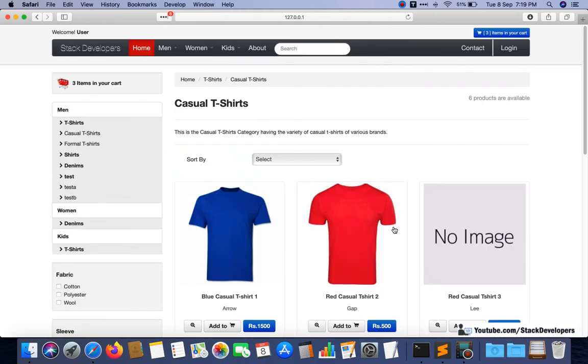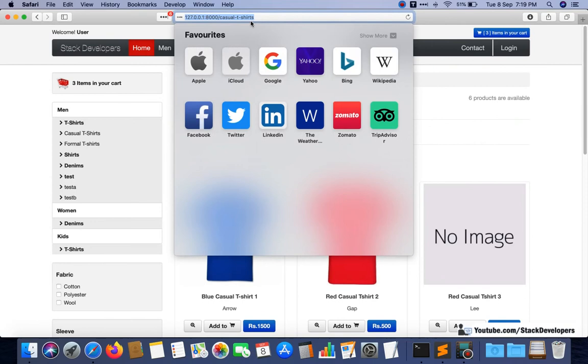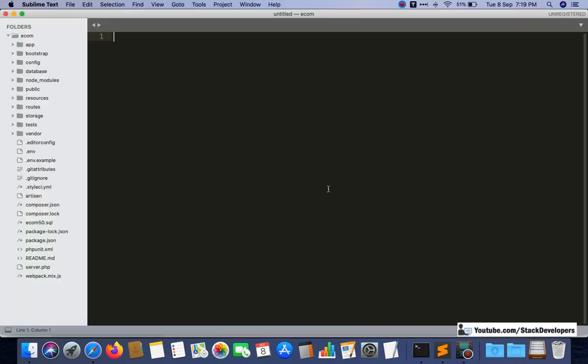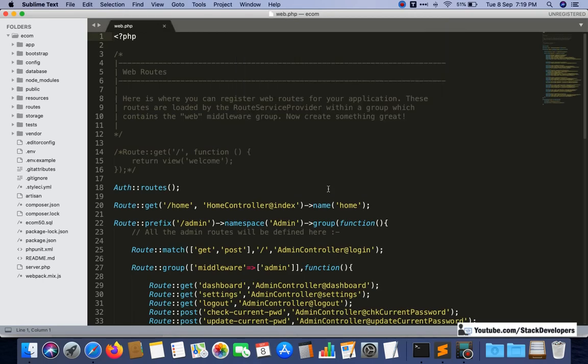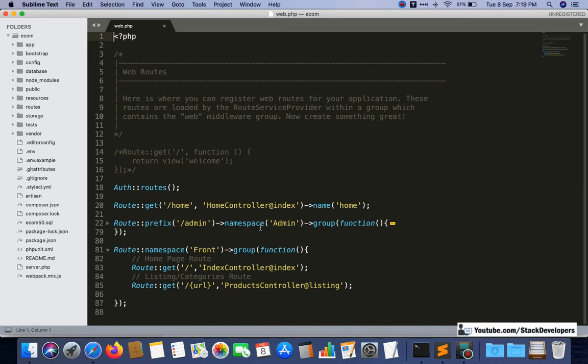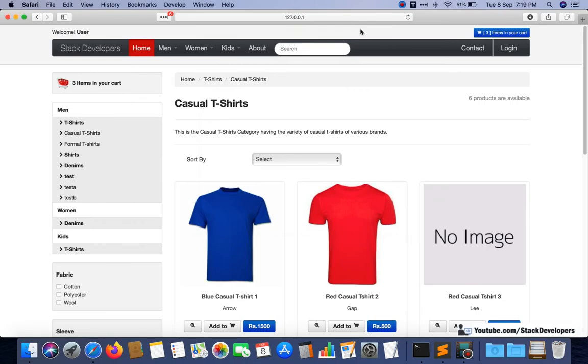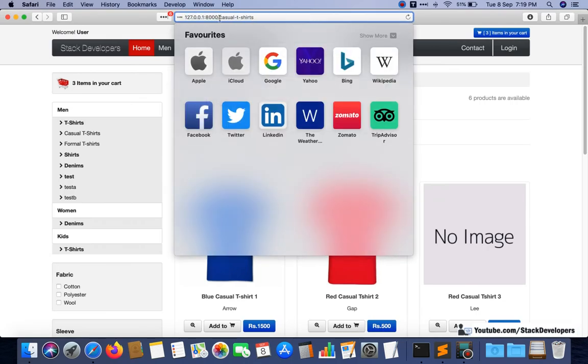Now it's time that we can update its URL as well. There is one issue with the URL. I am going to explain what the issue is with the URL and how we can resolve it. See the URL that we have made for our listing page. Anything after a slash will be treated as the listing page, but actually it is incorrect.